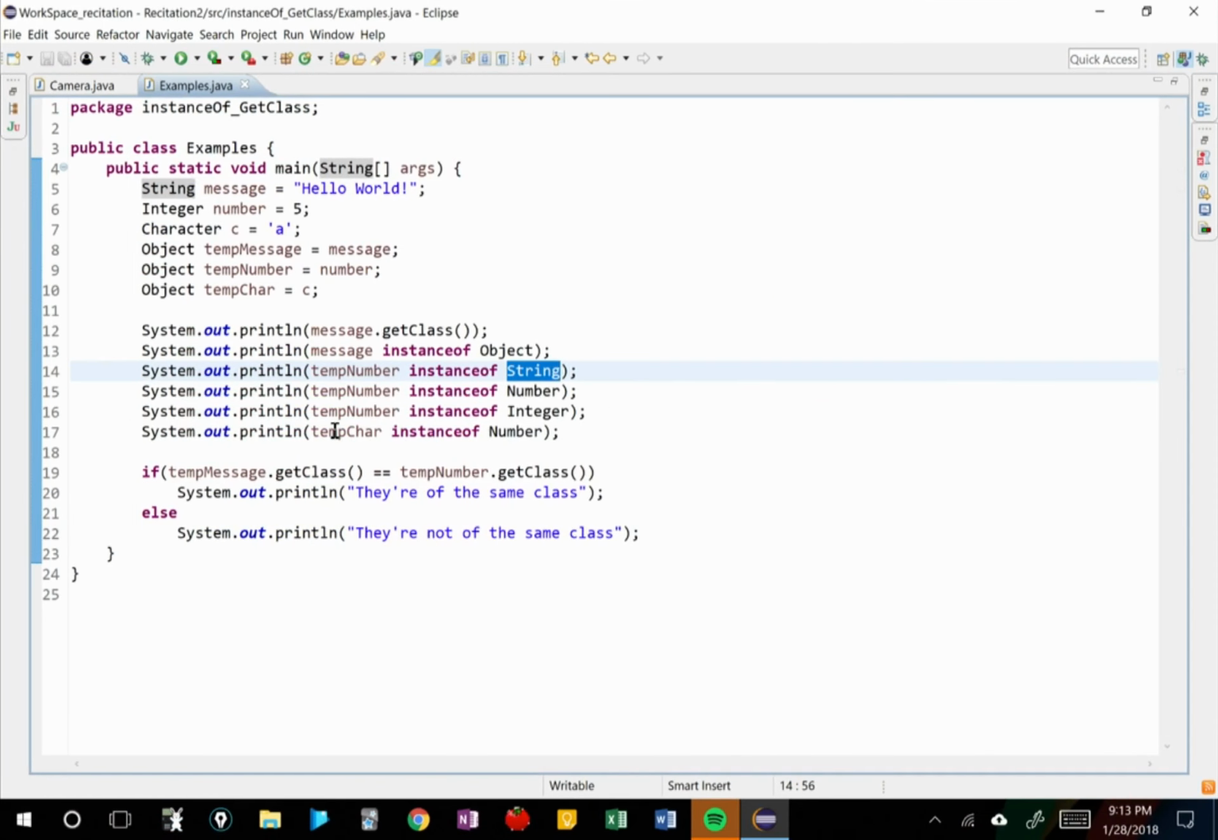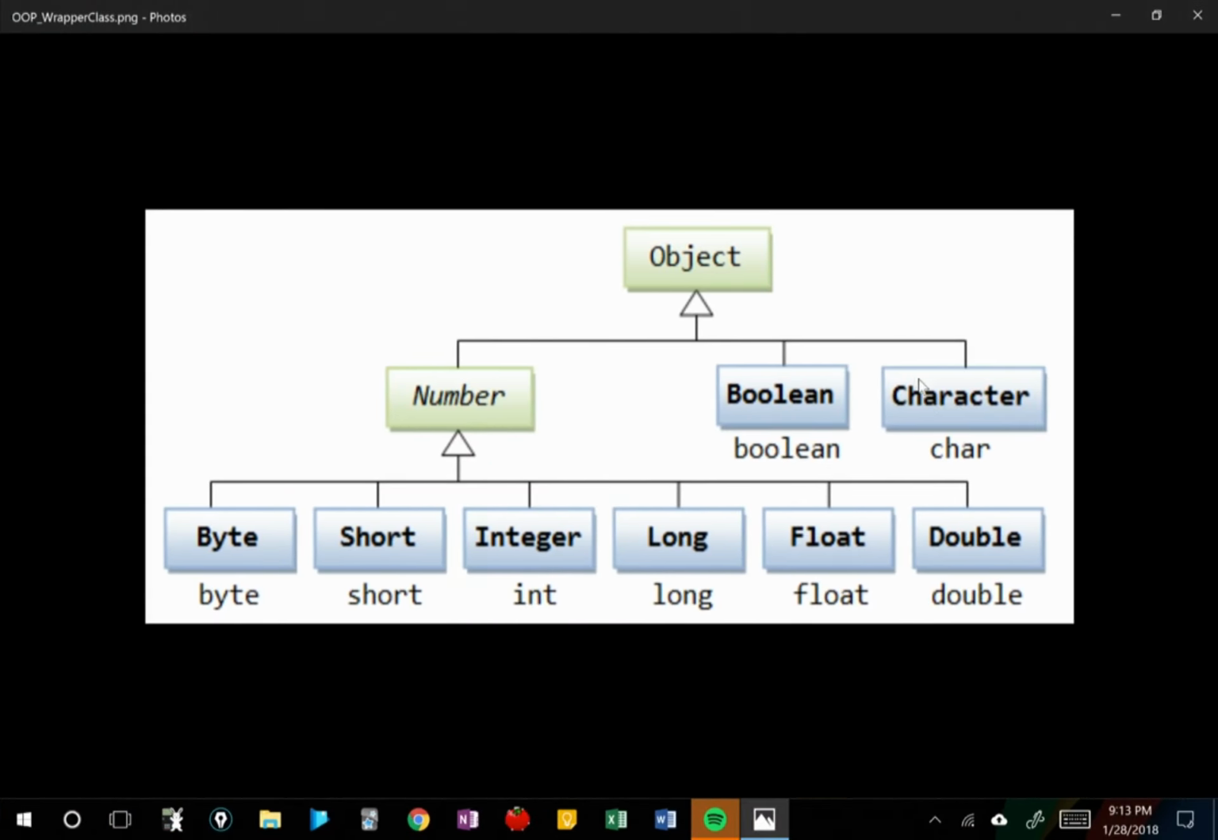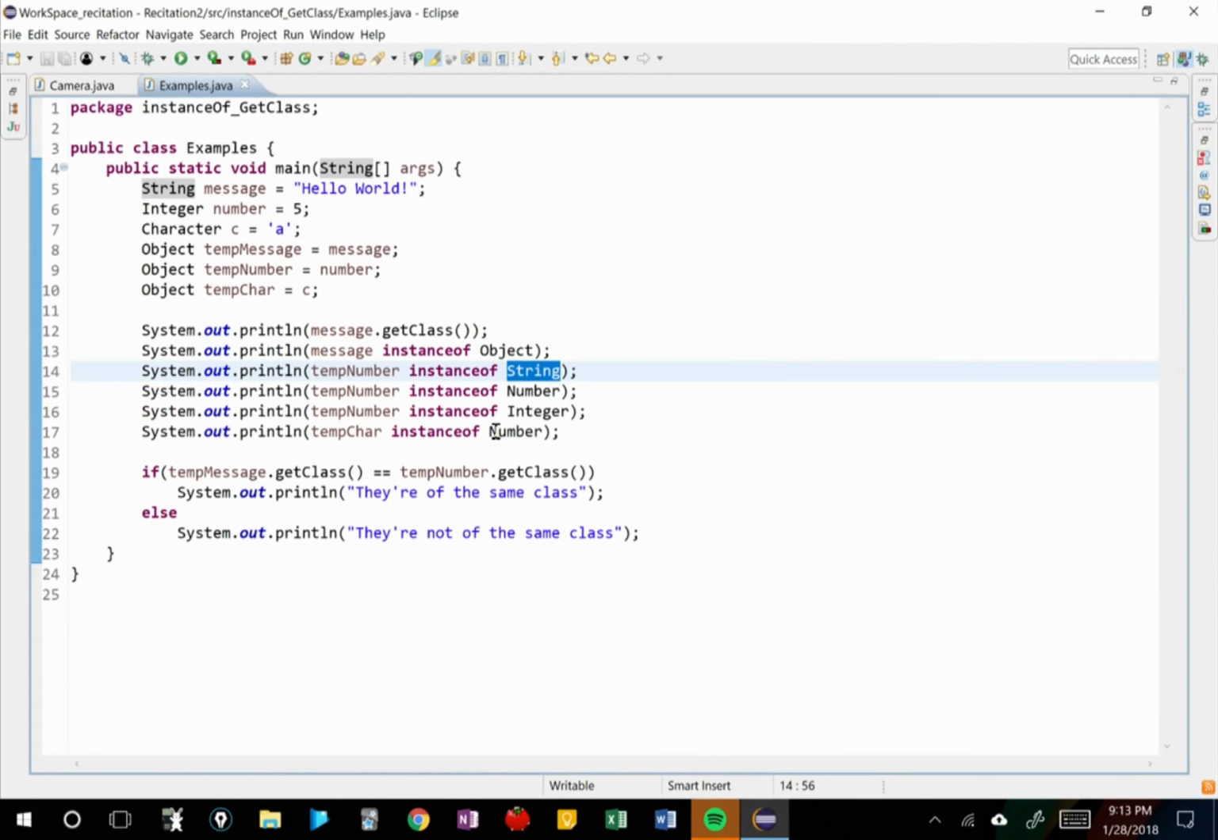And finally, I'm doing temp char. Is temp char an instance of Number? Temp char is of type Character, which is not a subclass of Number. So that should return false. And then finally, I have